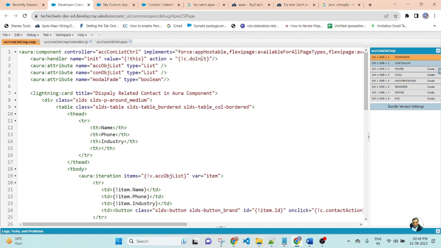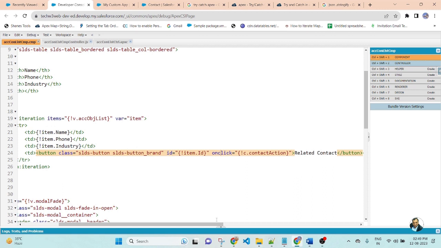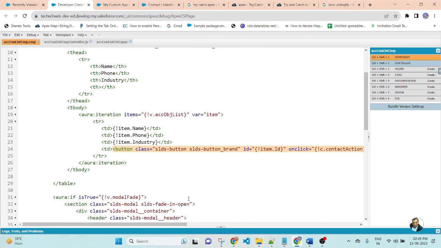This doInit function will be automatically called whenever this component loads on the browser. First I am displaying the list of accounts, and inside the right side column I am putting a button. Whenever the user clicks on the button, the related list of contact will be displayed inside the pop-up.